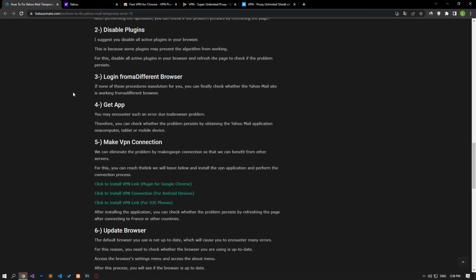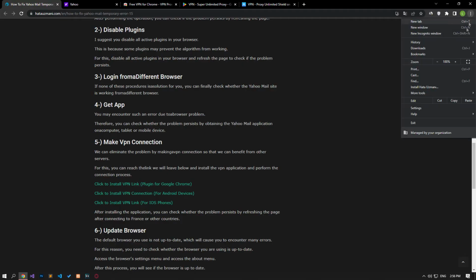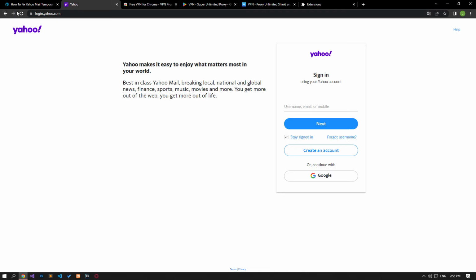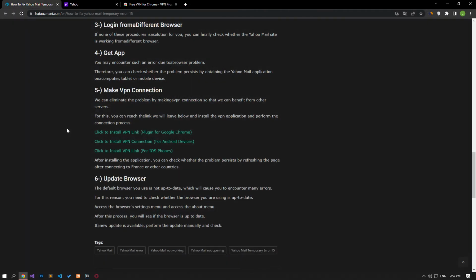I suggest you disable all active add-ons in your browser. This is because some plugins may prevent the algorithm from working. For this, disable all active add-ons from your browser and check if the problem persists by refreshing the page. If none of these processes is a solution for you, you can finally check whether the Omegle site is working